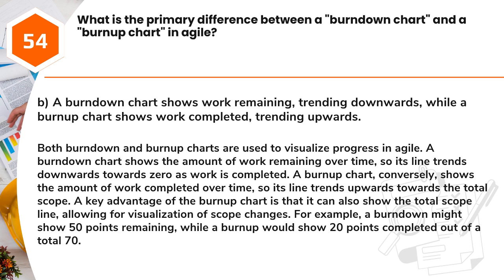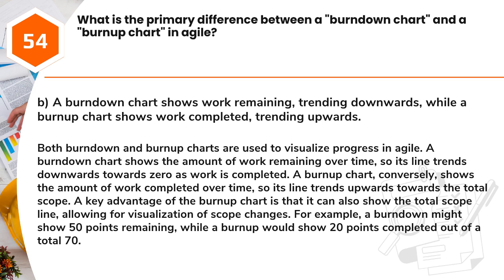Answer: B. A burn-down chart shows work remaining, trending downwards, while a burn-up chart shows work completed, trending upwards. Both burn-down and burn-up charts are used to visualize progress in Agile. A burn-down chart shows the amount of work remaining over time, so its line trends downwards towards zero as work is completed. A burn-up chart, conversely, shows the amount of work completed over time, so its line trends upwards towards